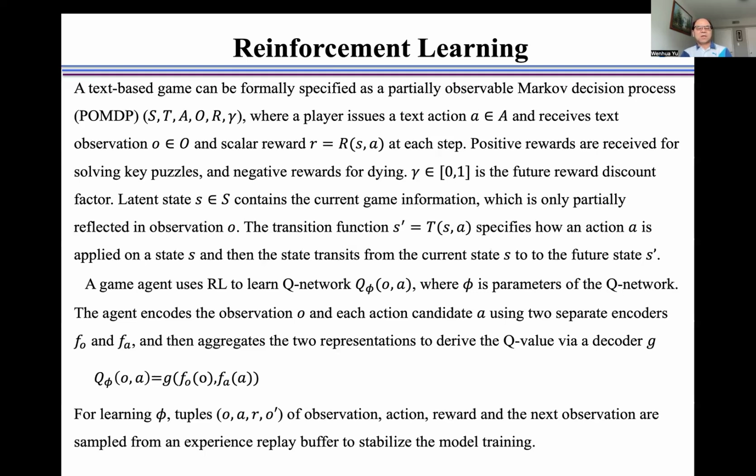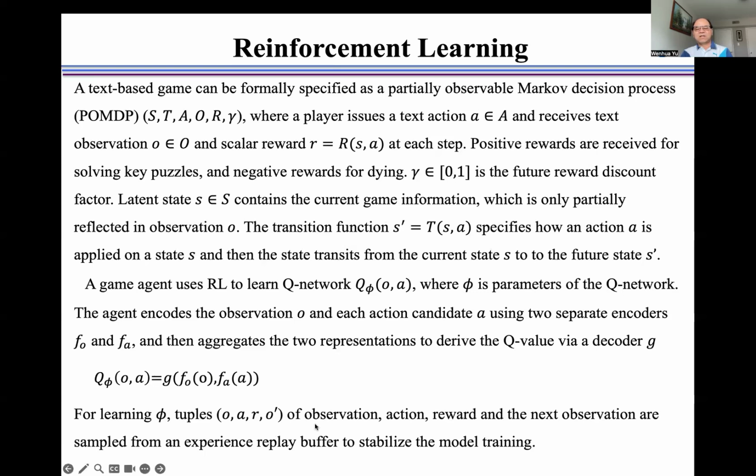A game agent uses reinforcement learning to learn Q network, where phi is parameters of the Q network. The agent encodes the observation O and each action candidate A using two separate encoders, FO and FA, and then aggregates the two representations to derive the Q value via a decoder G, as shown here. For learning phi,